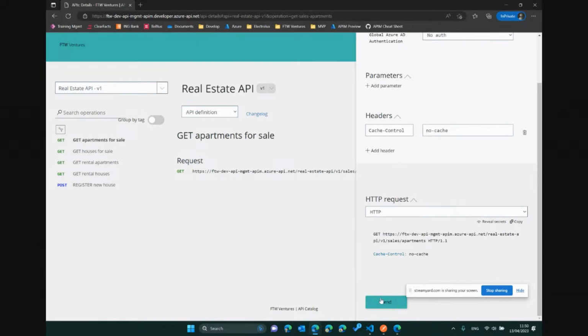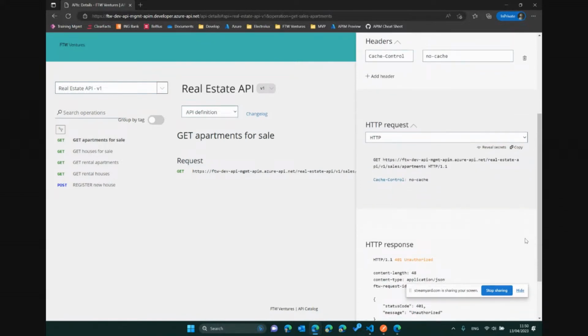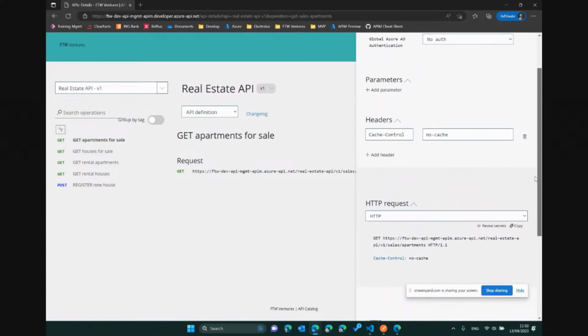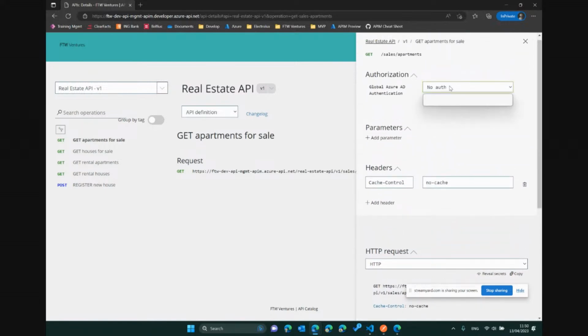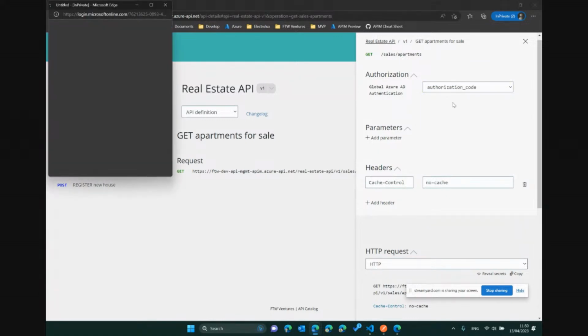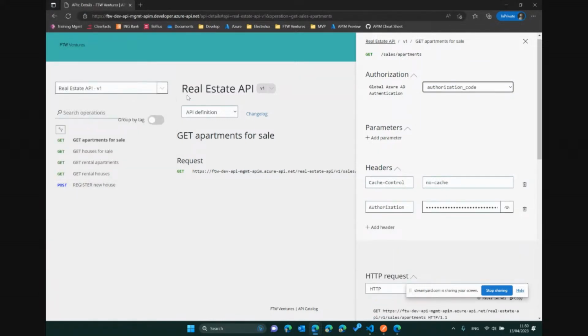And if I call this, I get an unauthorized. Why? Because I didn't authorize, of course. So here I want to use the authorization code flow. You see it logs me in. It did it quite quickly because it uses single sign-on. You see an authorization header has been added. If I now look at this bearer token,